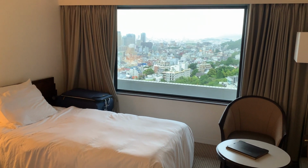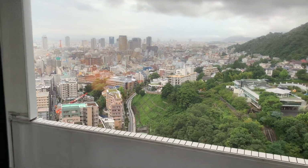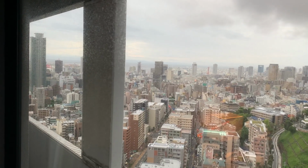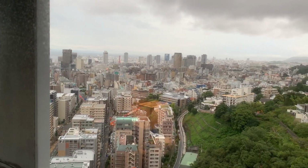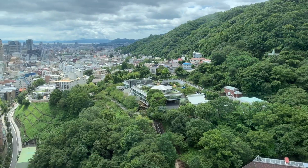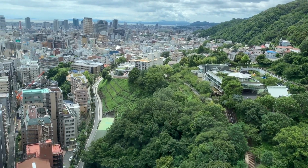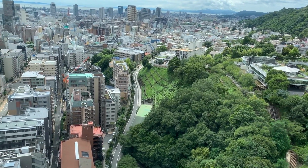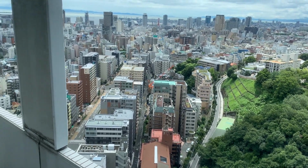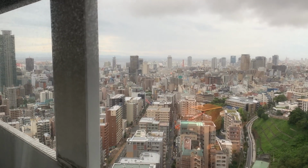Now you might have noticed already, but by far the highlight of this hotel room is the view. The view is amazing. So I'm here on the 27th floor of this hotel, which gives me some nice altitude above the city. And so to the left outside my window, I can see Kobe, the city of Kobe. And if I look further, I can see, I wish the picture through the camera was better, but you can see the ocean with all the ports, and I can even see some barges out there right now,